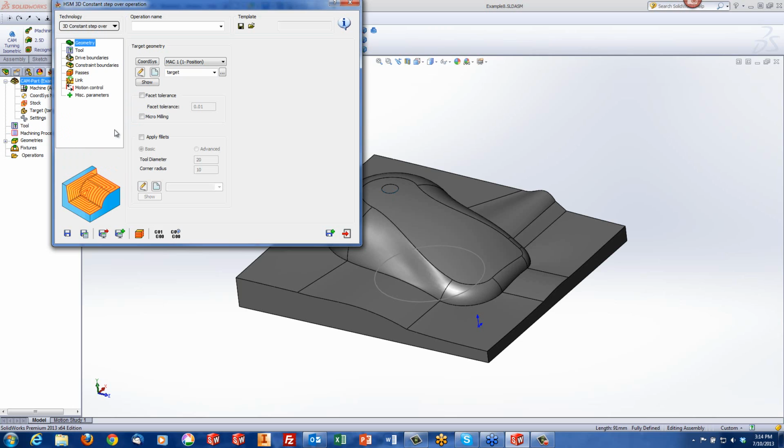What exactly is 3D constant step over? Well, let's first go back and see what is linear. When we tell a linear to step over, let's say, for example, every millimeter, it'll do exactly that. If you look from the top, it will step over exactly every millimeter, and it'll look very even. However,